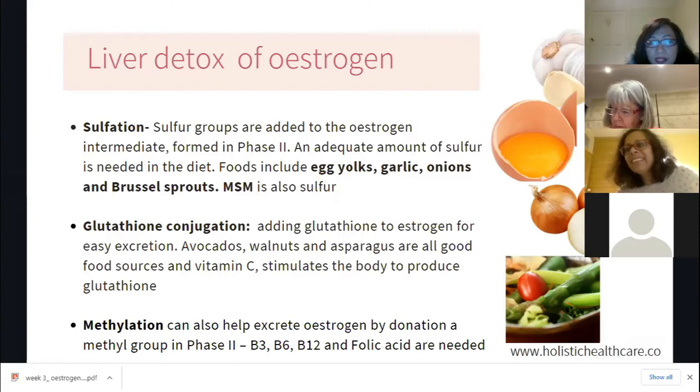So in this case, the glutathione gets added to estrogen, which allows it to be excreted easily. You can find glutathione in avocados, walnuts, asparagus, and vitamin C as well. The vitamin C stimulates the body's glutathione production. I drink hydrogen water. Hydrogen gas also stimulates glutathione synthesis in a very big way, and it does 100 other